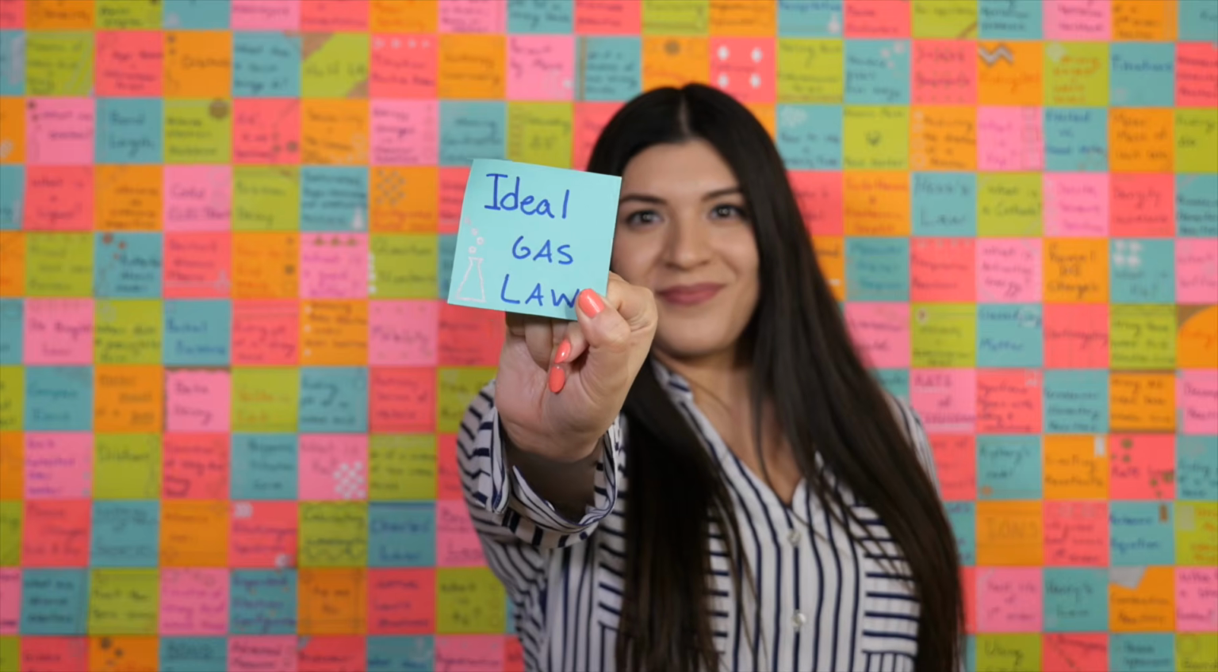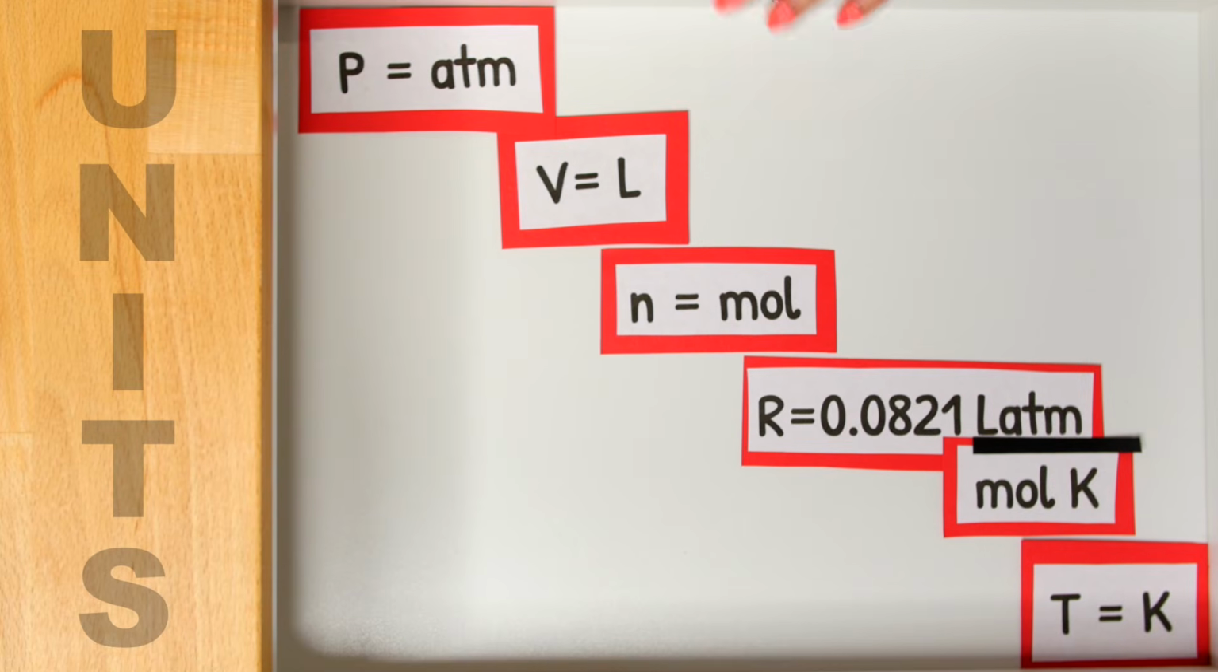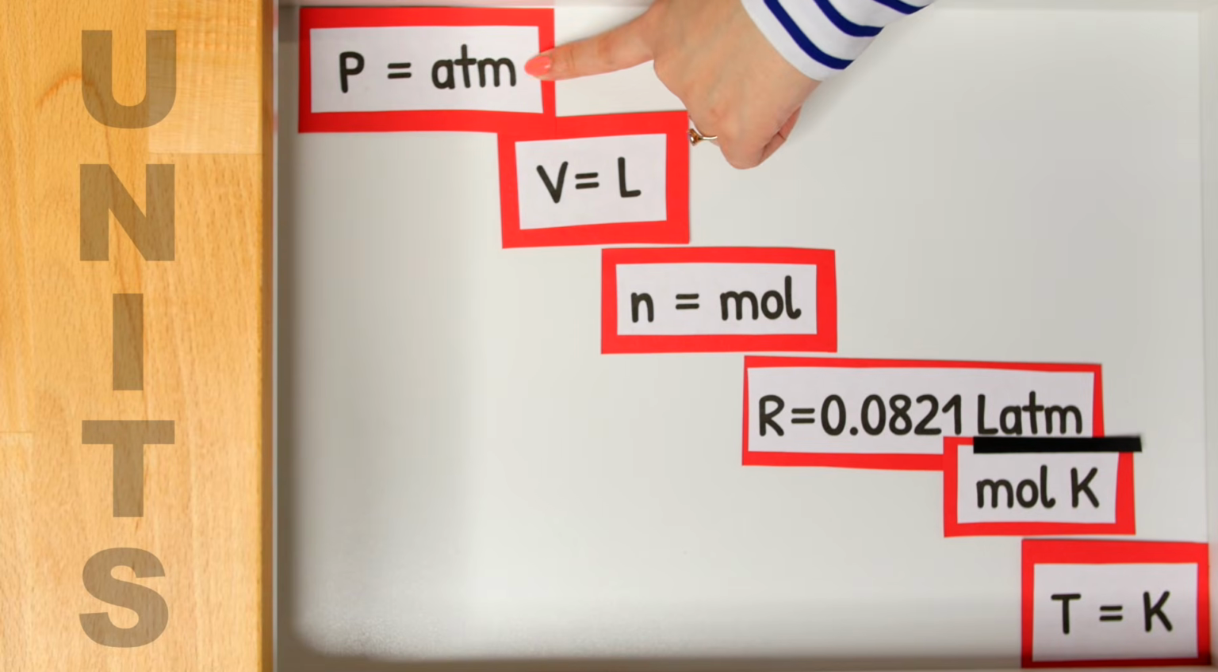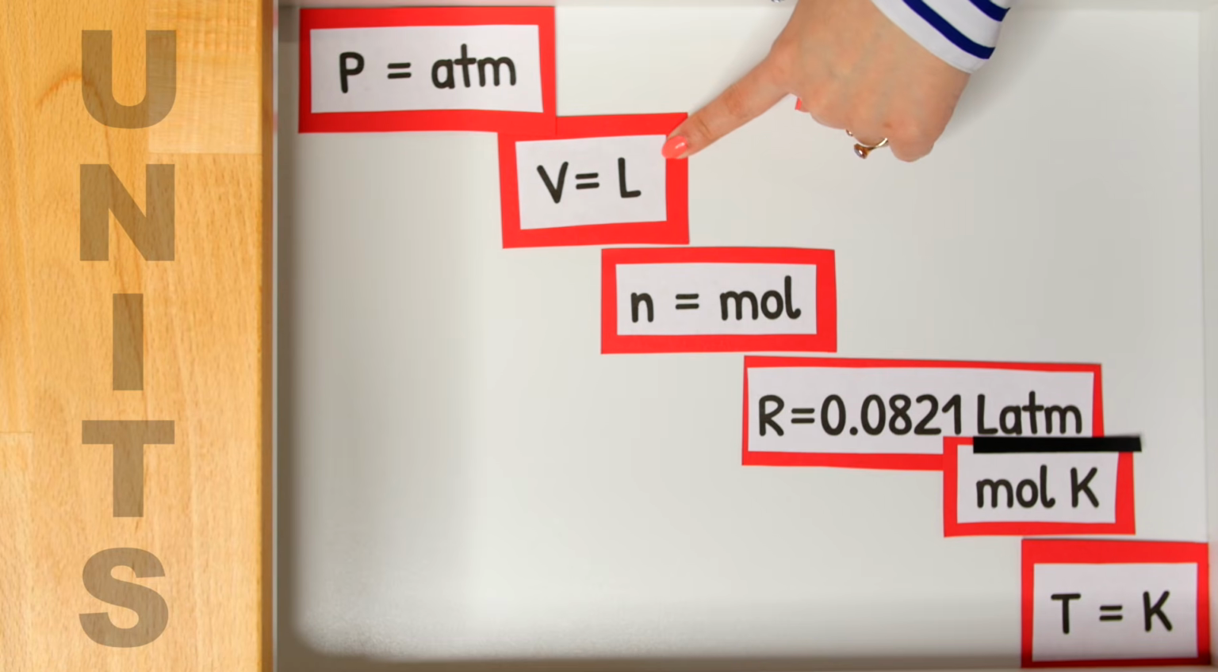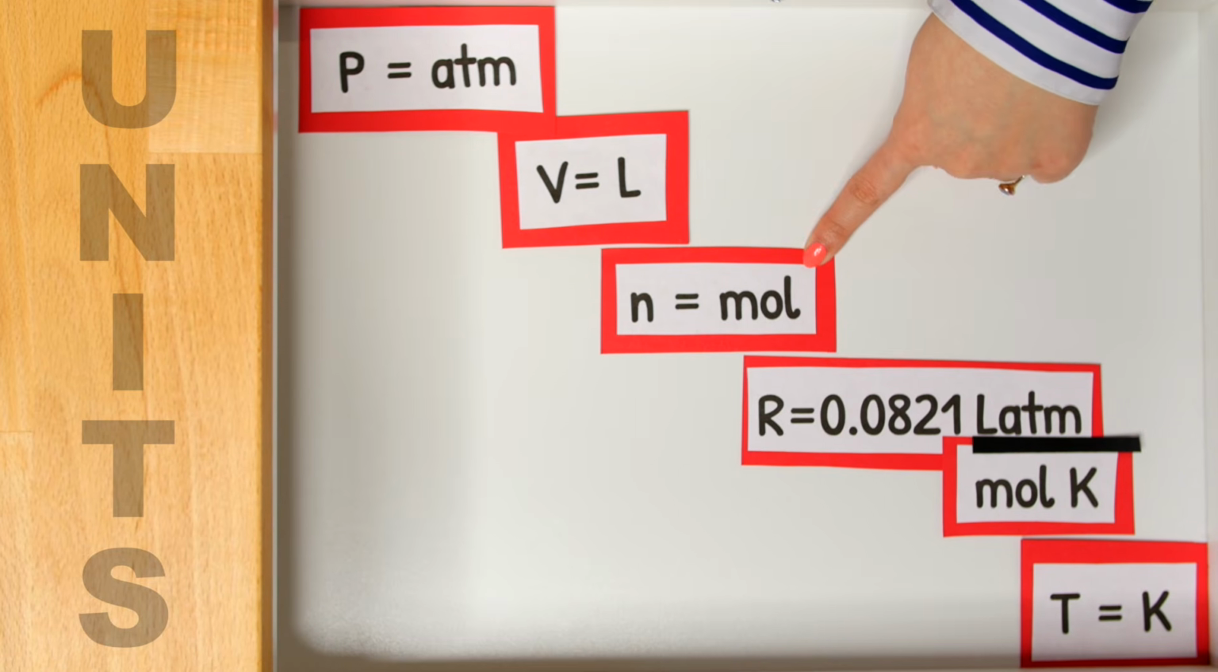Ideal gas law. The ideal gas law compares pressure, volume, moles, and temperature. And there's a gas constant known as R. Now know this! All of your units should be atmospheres for pressure, liters for volume, N is moles, and our